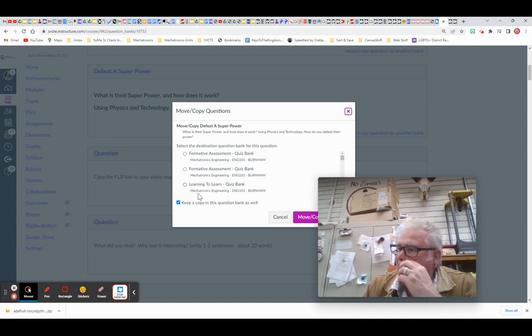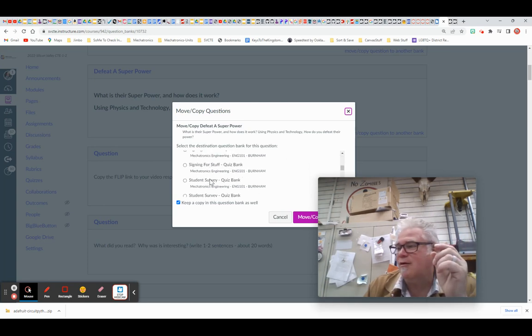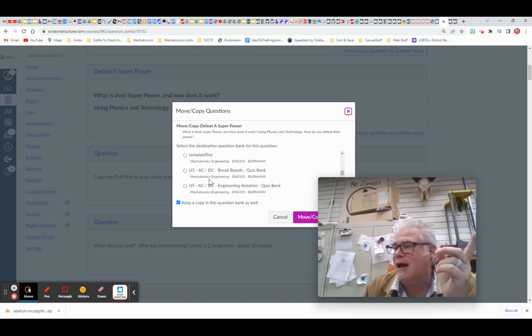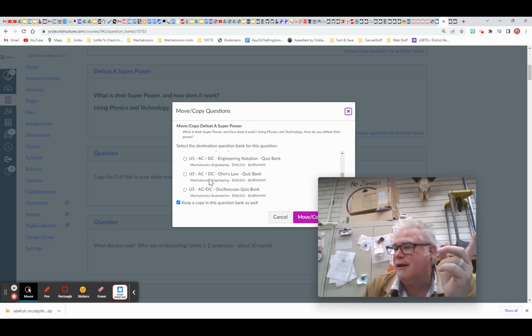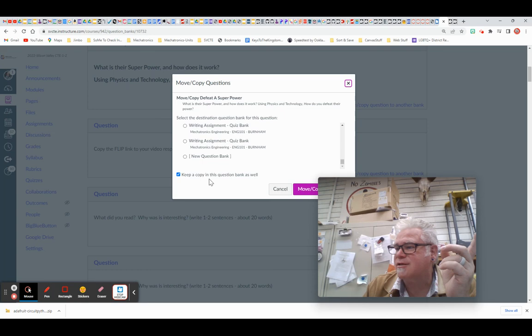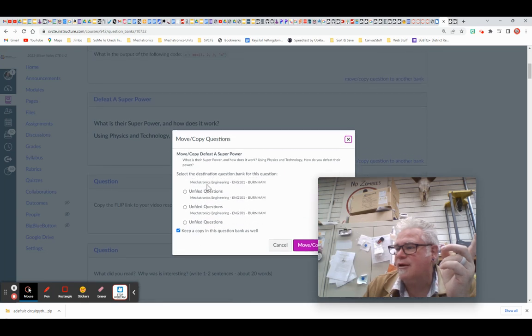What's interesting is that you can see all the banks that you've ever created in any class across the universe, but you can't necessarily see ones that were created in a different class. So I can't see the one I just created, but in any case, let's go stick it into